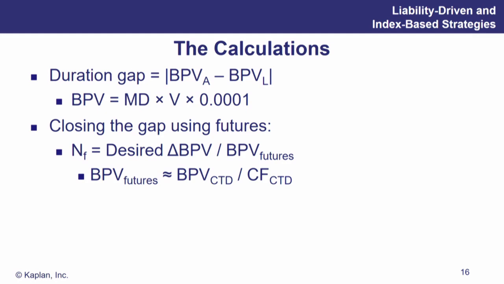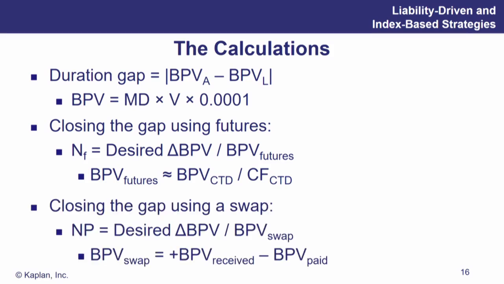The number of contracts I need to buy or sell. We'll see how to decide whether to buy or sell: it is the change in BPV you desire divided by the BPV of the futures contract. What if they don't give me the BPV of the futures? How do I calculate it? Take the BPV of the cheapest to deliver bond, underlying the contract, divided by the conversion factor for that bond. They have to give you the data to get there using some